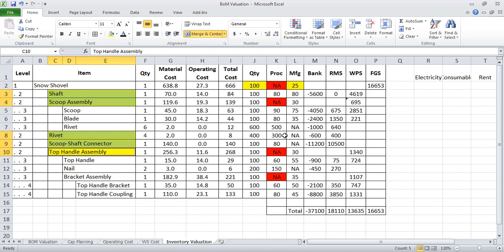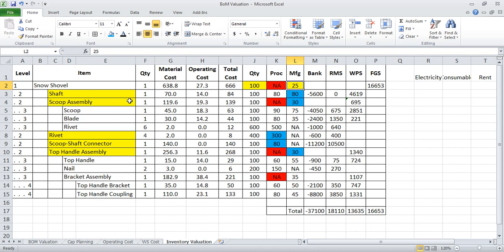So as on today, I have 80 numbers of shaft ready with me, 30 number of scoop assembly ready with me, 300 rivets are available, 80 number of scoop shaft connectors are available, and 30 numbers of top handle assembly are available. So out of this, all these sky blue color highlighted cells, maximum number of snow shovel which can be made is 30, but because of the production capacity, I could make only 25.